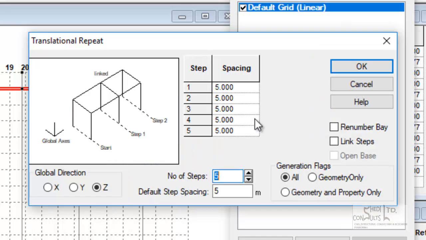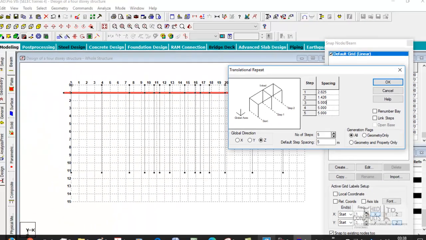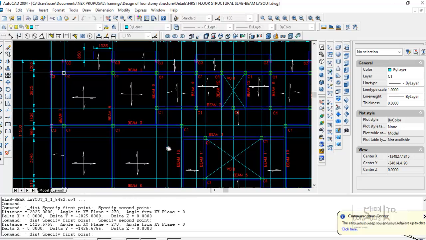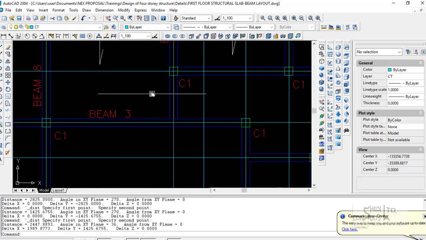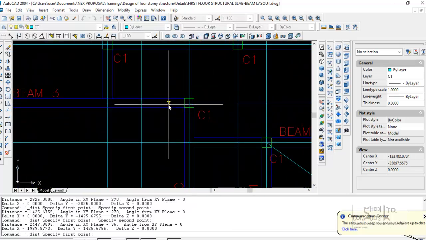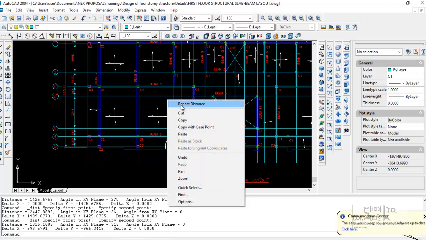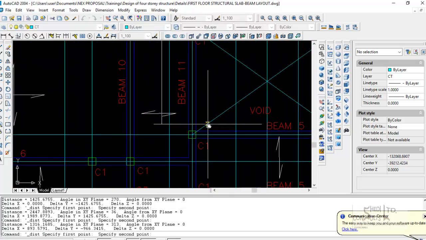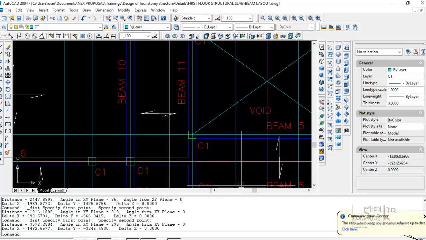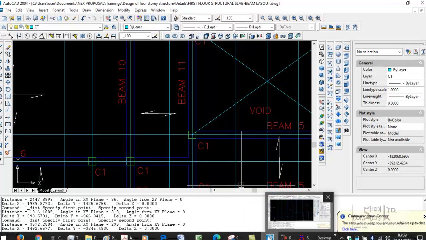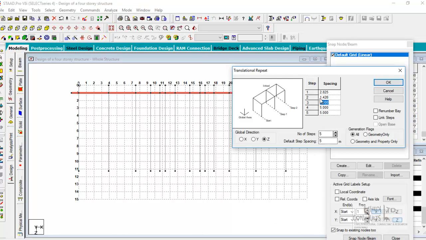Let's put it down. 2.825, 1.426, 0.9663, 3.245, 0.9663, 3.245,